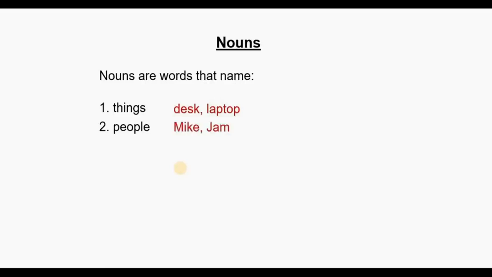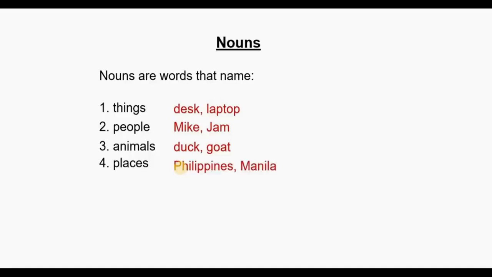Example, Mike, Jam. Or perhaps even a dentist, or teacher, or farmer. Number 3, they can name animals. For example, duck, goat, hen, and of course, number 4, places. They can name places like, for example, Philippines, Manila, and